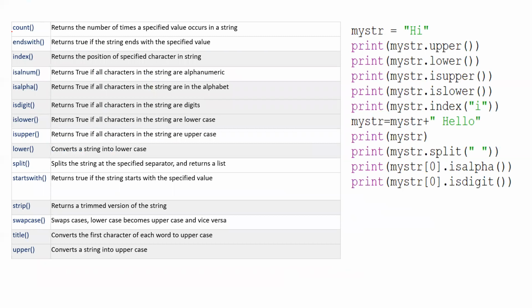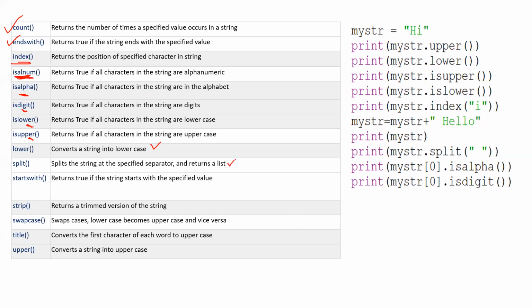Now these are all the methods possible for a string. You can count the characters and you can check whether it is ending with some pattern or not. Index. Check whether a character is a digit or not, whether a character is an alphabet or not, whether a character is in lowercase or not, is in uppercase or not. Convert the string to uppercase and lowercase.